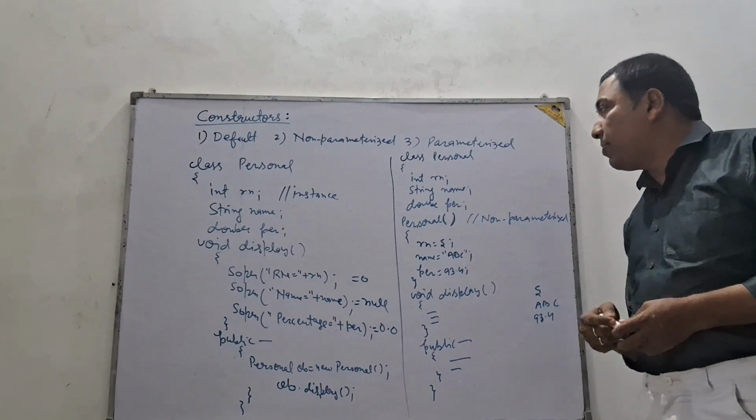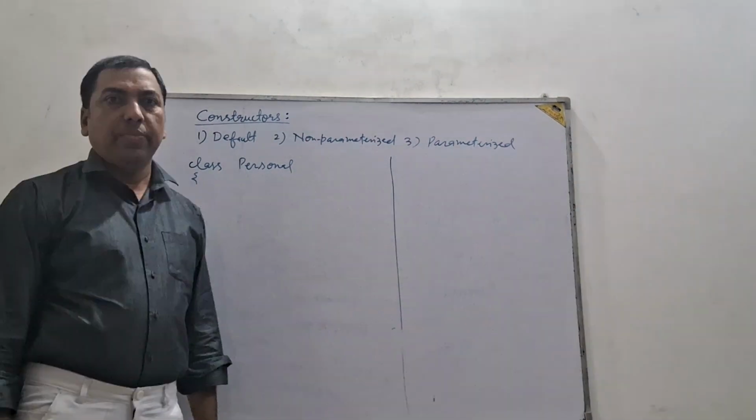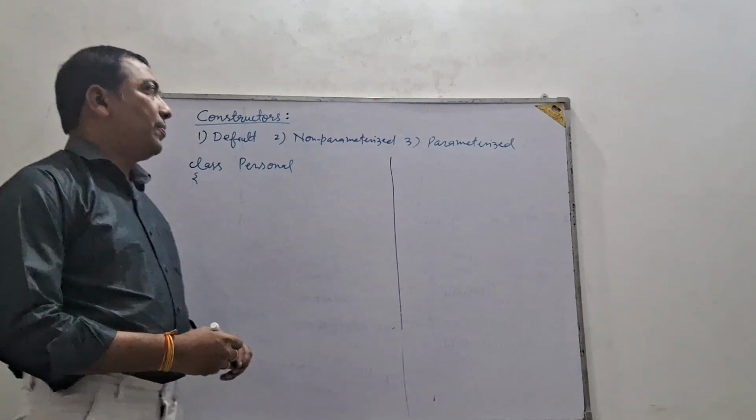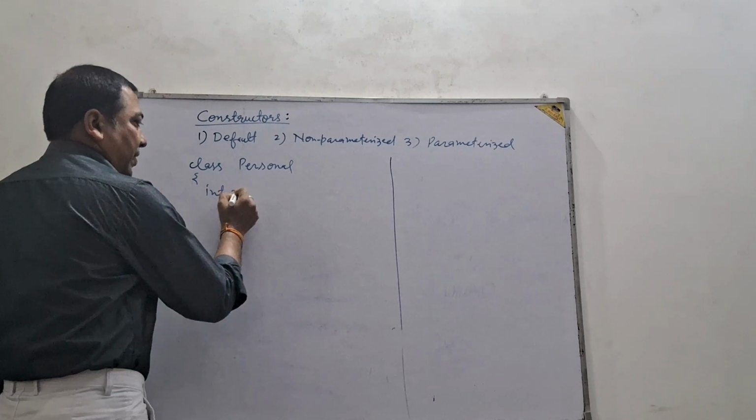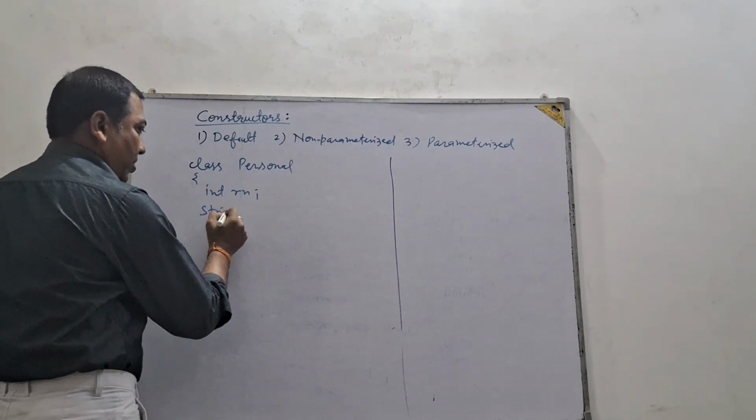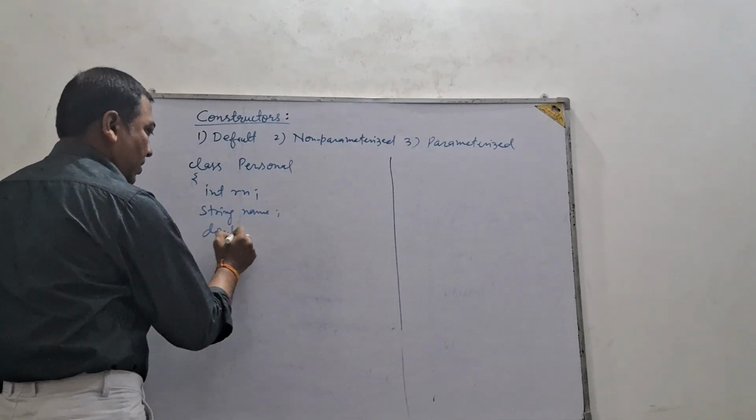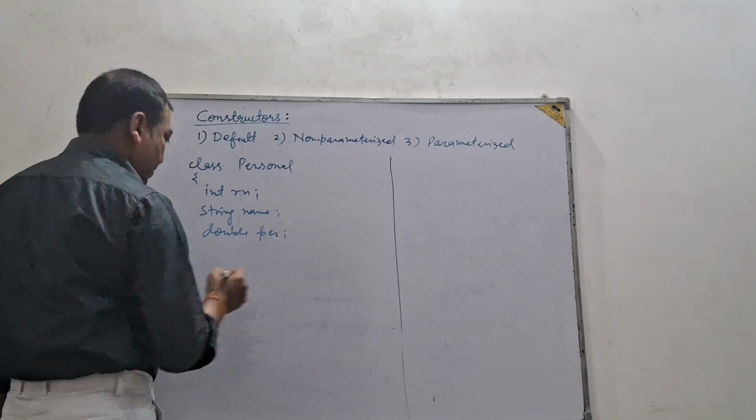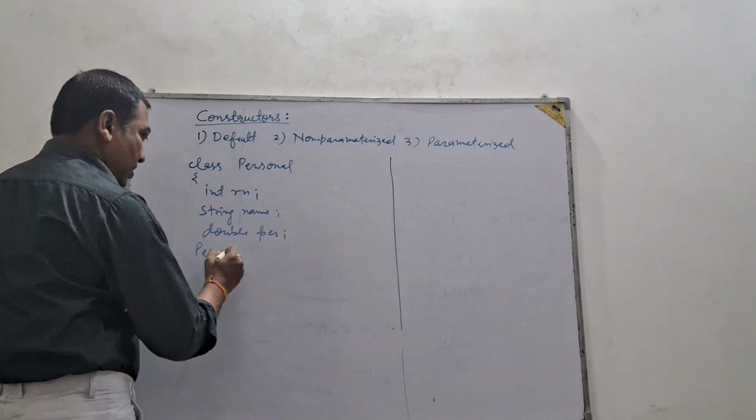Now with the help of example we will see parameterized constructor. Same type of example, int roll number, string name and double percentage. Okay. Now if you want to make parameterized constructor,